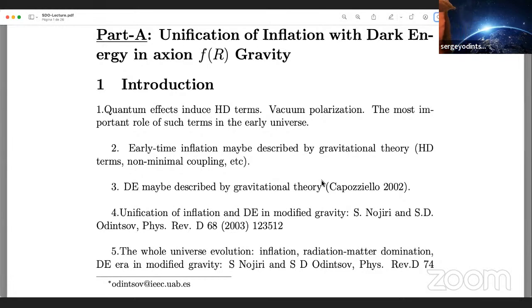low observational limits. So we have just a couple of observational indications for inflation. So many models may pass easily, and then of course gravitational theory may also pass inflation successfully. And unlike usual inflation, which is described by some scalar field, that is the most simple and most common theory for inflation, there is no problem with gravity in this respect, because when we take a scalar field for